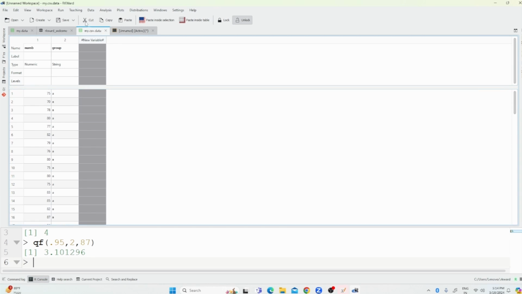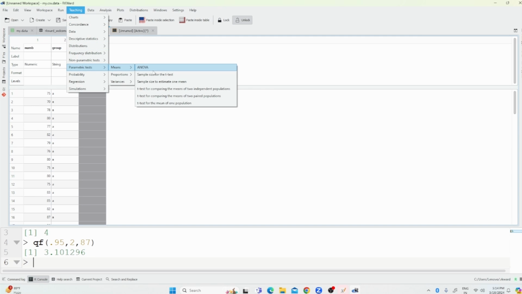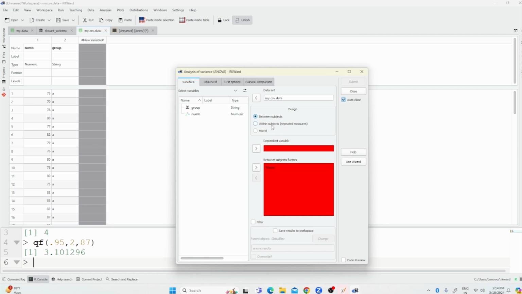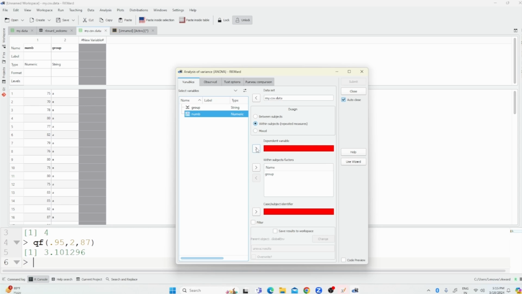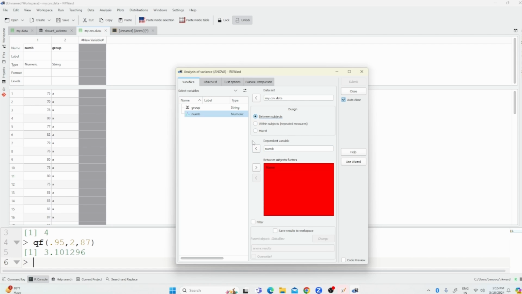Now, let us go to parametric test, which means ANOVA. Now, here is where we have to get the catch. Now, we are looking for this. So, groups come here and number come here. Let us first do the between one. Let me show you what I was trying to tell you. The number come here, the groups come here. And if I submit it,